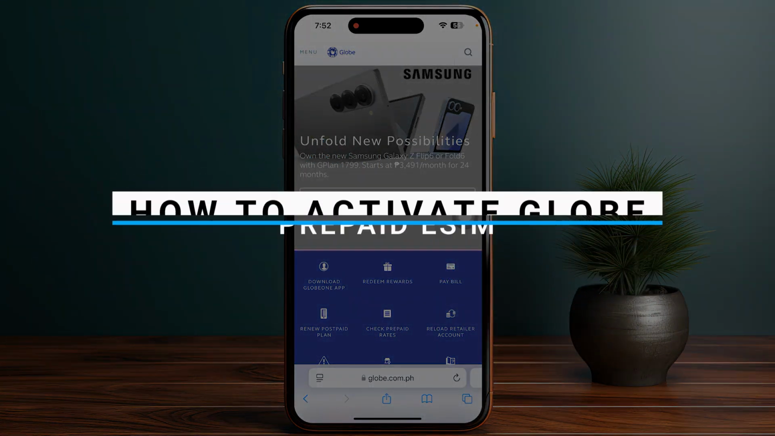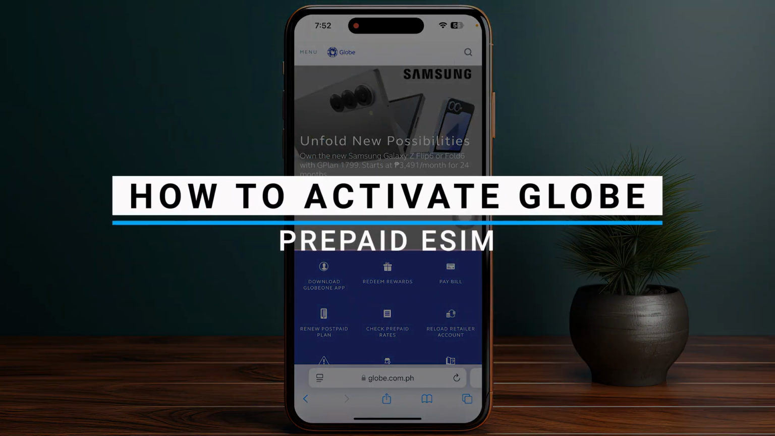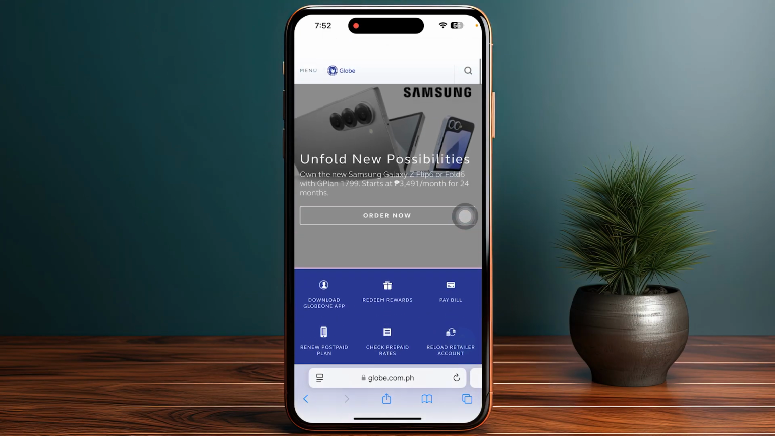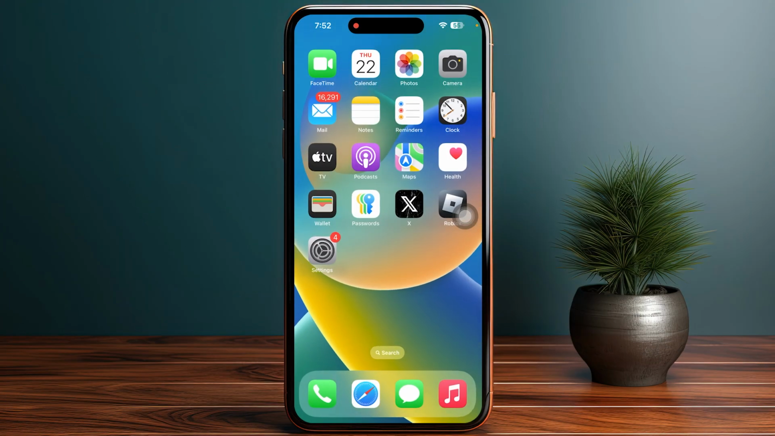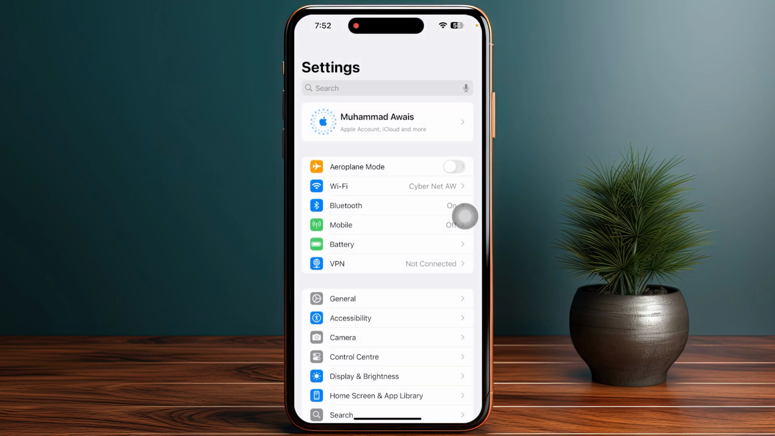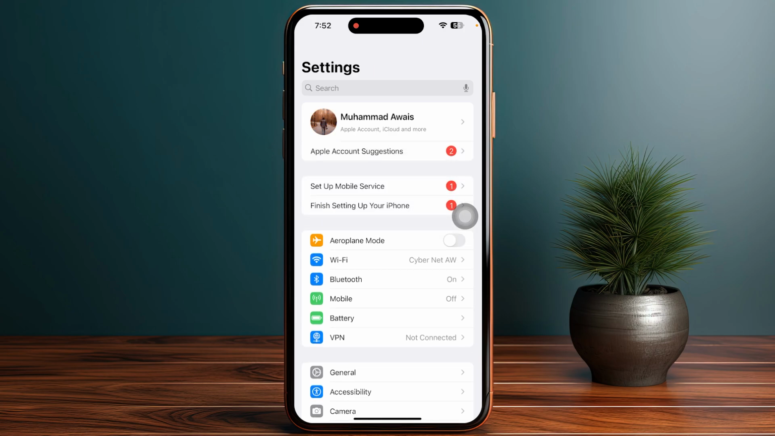In this video, I will show you how you can activate your Globe Prepaid eSIM. So first of all, you need to make sure to purchase your eSIM from the Globe website or in their application, and you are going to receive a QR code once you have completed the purchasing process of your eSIM plan. And once you have received that particular QR code, you need to scan it by opening up your mobile device